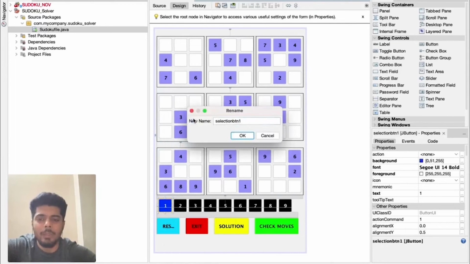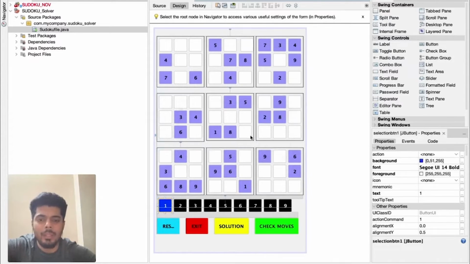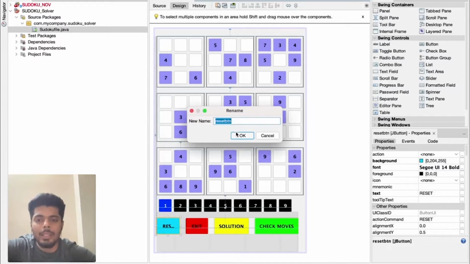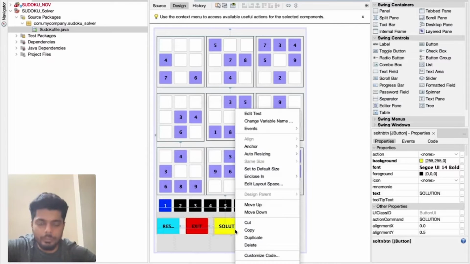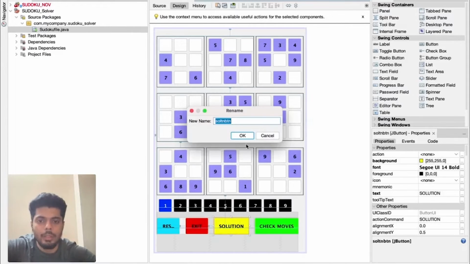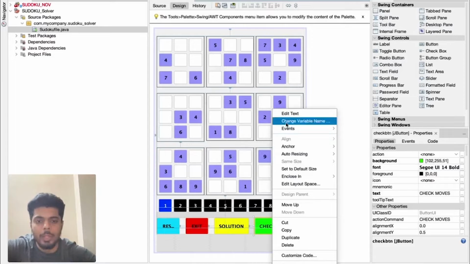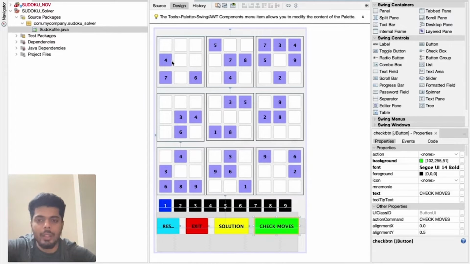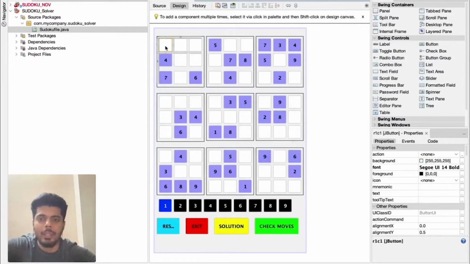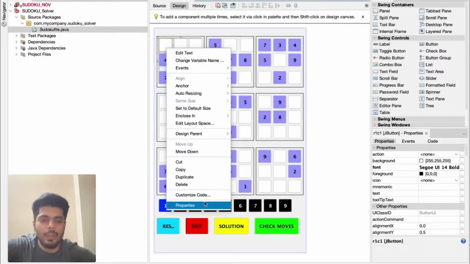I have named the 9 number buttons selection button 1, selection button 2, and so on, because here we are selecting what number we have to put into our grids. I have named the other buttons reset button, exit button, solution button, and check moves button. Also, I have set the size to 40.